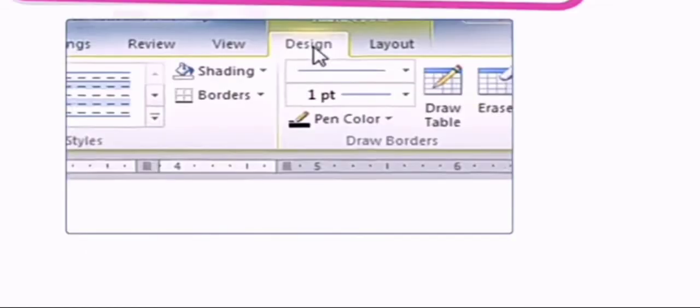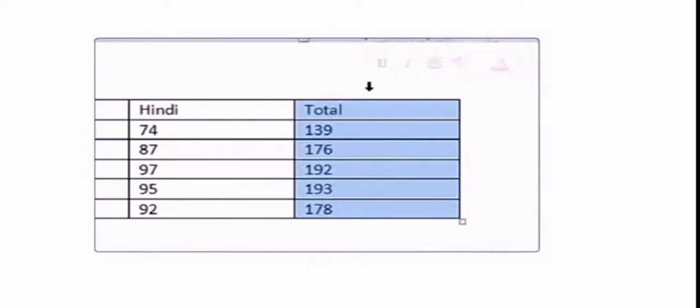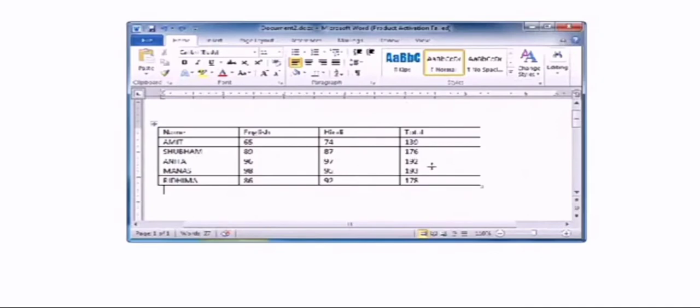Now changing column width. You can resize the column width either by using options available on the Layout tab or by using the mouse pointer. Select the column whose width you want to change. Click on the Layout tab. Select the Properties button in the Table group. The Table Properties dialog box appears.